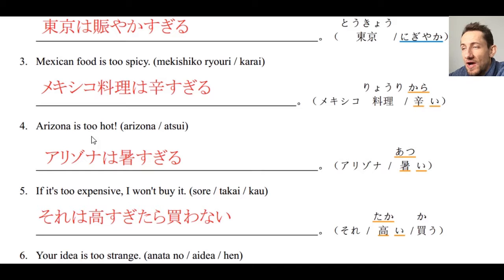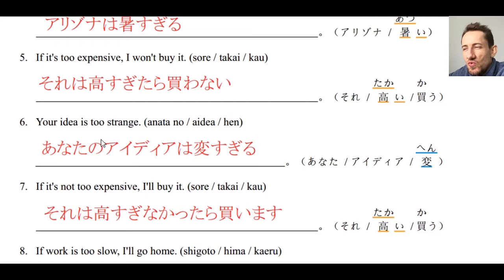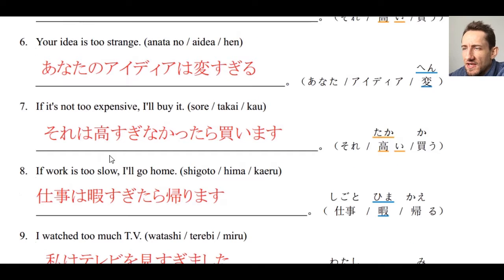Number 4, Arizona is too hot. アリゾナは暑すぎる。Arizona is too hot. Number 5, if it's too expensive, I won't buy it. それは高すぎたら買わない。Number 6, your idea is too weird. Your idea is too strange. あなたのアイディアは変すぎる。あなたのアイディアは変すぎるよ。